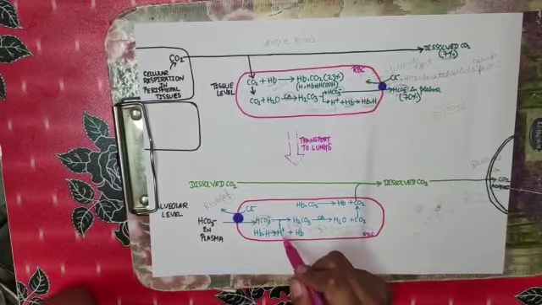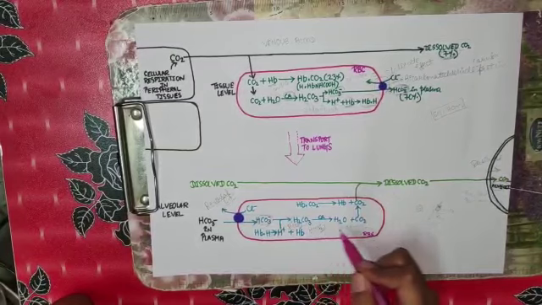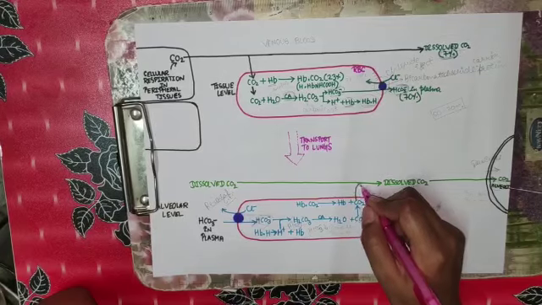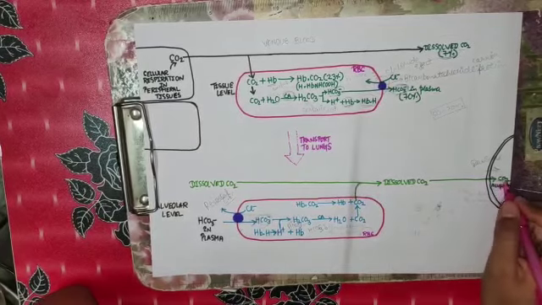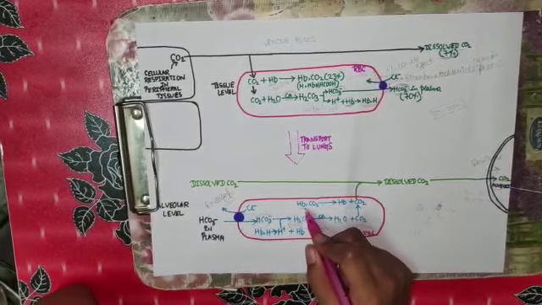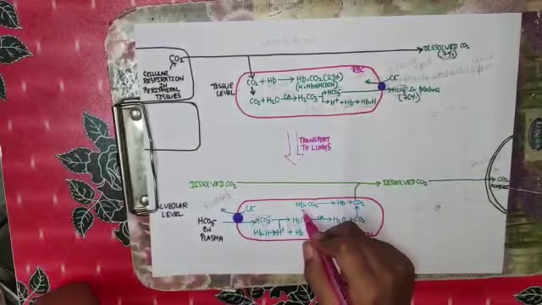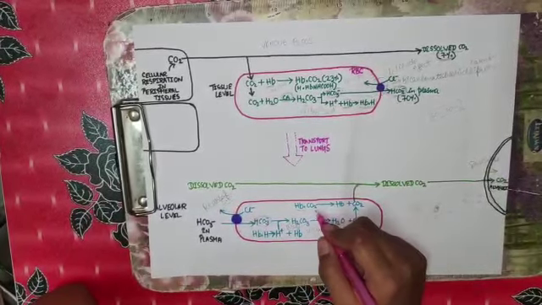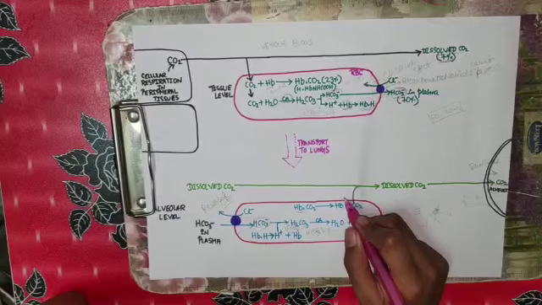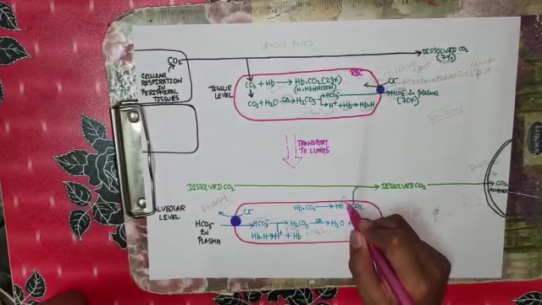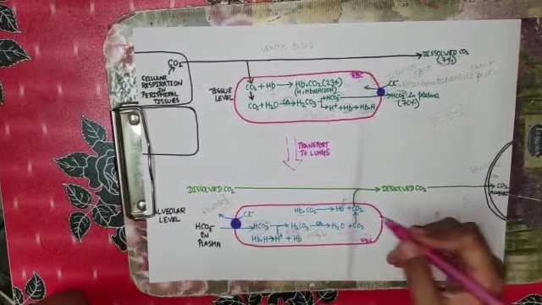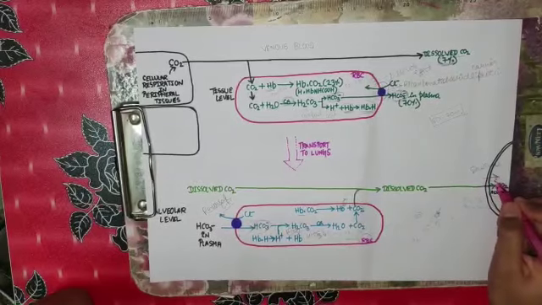This bicarbonate ion will react with this H plus ion and form carbonic acid, and similarly this dissolved CO2, due to pressure gradient, will move out of the RBC and then be expelled through the alveoli into the atmosphere. And in this reaction, the hemoglobin is bound with CO2. This bond is a very loose bond. So as it reaches here, due to the concentration or pressure gradient, this CO2 will even move outside into the alveoli, and it will move out to the atmosphere.